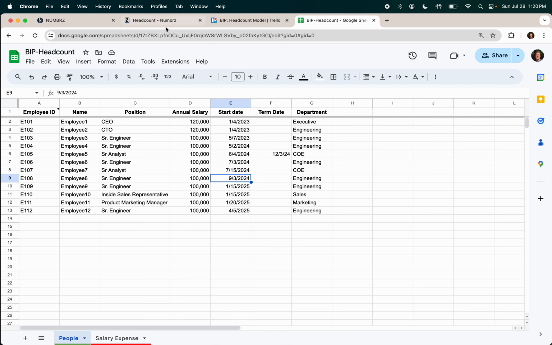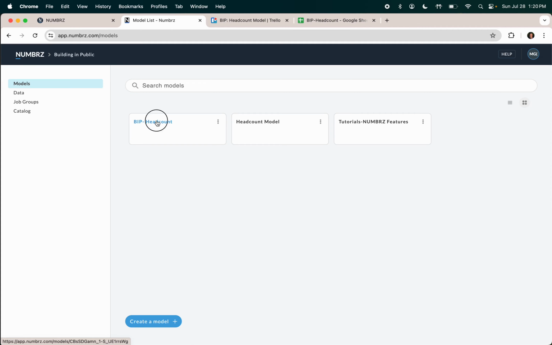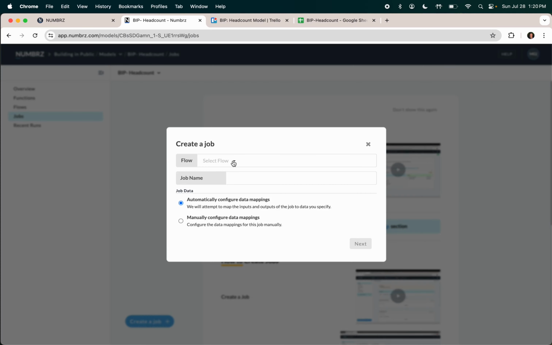We are going to create a job. Let me just go back to Numbrz, BAP headcount model. We're going to create a job. And what flow do you want to run? Well, we're going to run our headcount flow. Let's just call it run headcount for now. And it's going to automatically map the data. But one thing is we've told